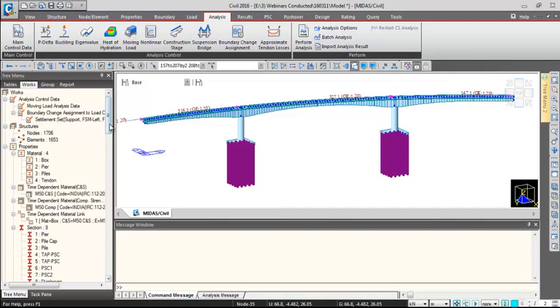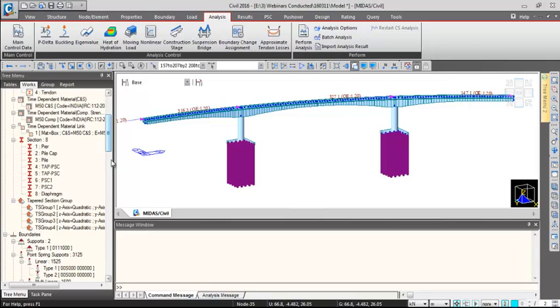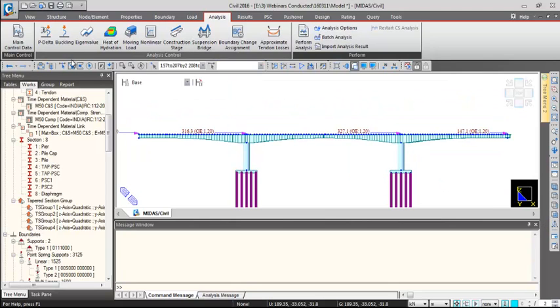Now what we will be doing is we'll be providing reinforcement for all my PSC sections. So for that we'll be using the PSC bridge wizard. So under structure,